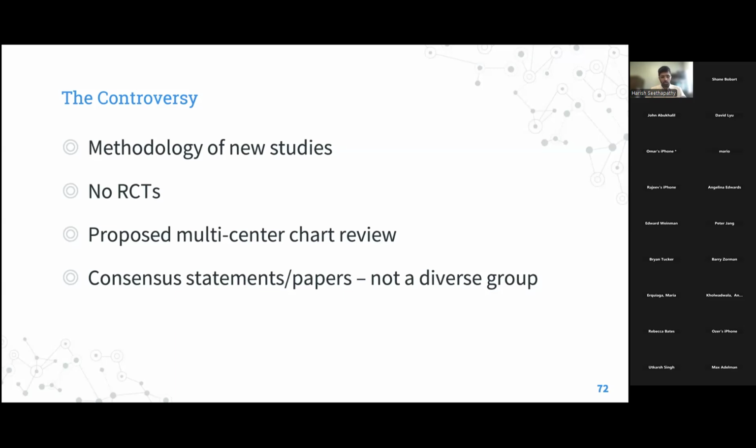And there's been a lot of thinking behind how to move the field forward. One of the things published in the CJASN editorial, which was "Stay the Course," was a multi-center chart review. I have a lot of skepticism about that because of the way we write on Epic nowadays: you have these intubated, sedated patients, and we say they're alert and oriented times 3 in our chart. It's all automated. So I think it's going to be very hard to glean good data out of Epic in the Epic era to study these patients with neurological complications.